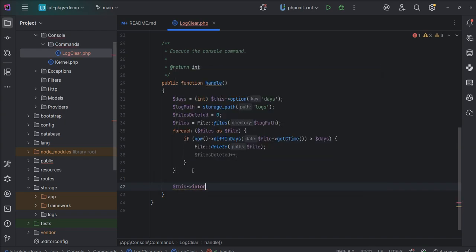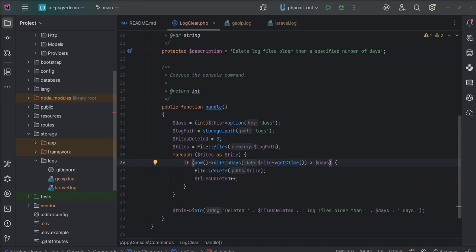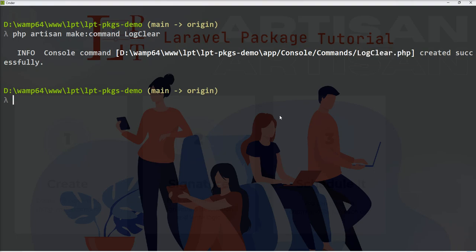and then we can print info using this info, like this, and specify here deleted log files older than days, and I think the command is ready. So let's open the terminal and fire this command, php artisan log clear, and test it,